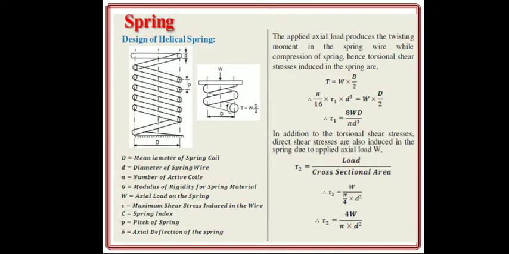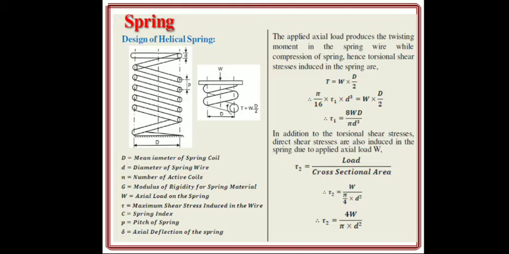Now we will see the design of a helical spring. So here in this diagram you can see the various terms which are related to that particular diagram. Capital D is the mean diameter of the spring coil. In this diagram you can see capital D, then small d is the diameter of spring wire, small n is the number of active coils, where capital G is the modulus of rigidity for the spring material,